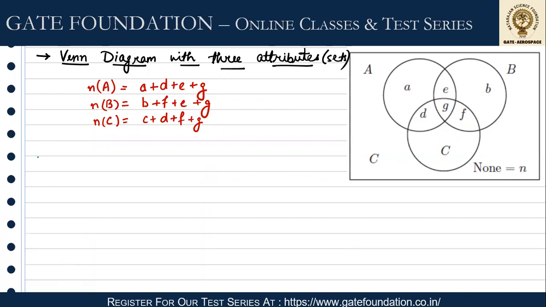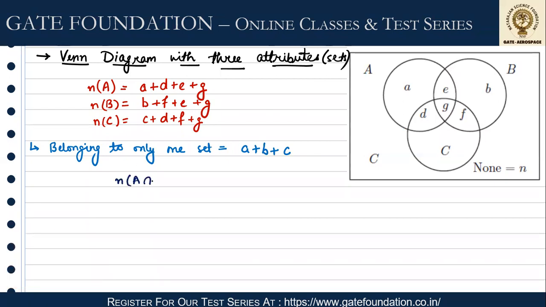पहला जो टाइप यहाँ पर बनता है क्वेश्चन, like what are the number of elements belonging to only one set? ये क्वेश्चन कैसे बनता है एग्जाम के अंदर? नंबर ऑफ प्लेयर्स दे प्ले आइदर हॉकी और ओनली क्रिकेट, ओनली वन गेम, ऐसा जब पूछा जाता है तो यहाँ पर क्या हो जाएगा? सिर्फ ए करने वाला सिर्फ एक ए है, सिर्फ बी सेट फॉलो करने वाला सिर्फ नंबर ऑफ एलिमेंट्स है बी, और सिर्फ सी फॉलो करने वाले सी। तो इन सबको हम ऐड कर देंगे तो हमारे पास नंबर ऑफ एलिमेंट्स दे आर बिलोंगिंग टू वन सेट।